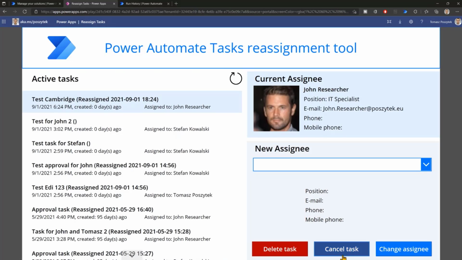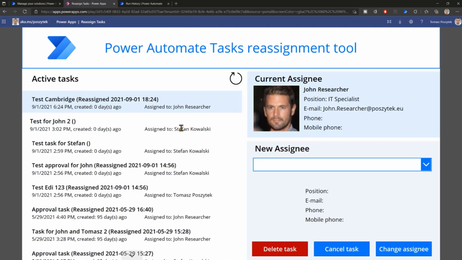Plus, you can also cancel a task and delete a task. Around cancellation, it's a whole new discussion, as that feature is really not working outside of the Power Automate task form. So in the end, what I want to say is that the reassignment of tasks is feasible. The most supported way, obviously, is the one using the user API or the user interface. So the form, either on Microsoft Teams or in Power Automate.